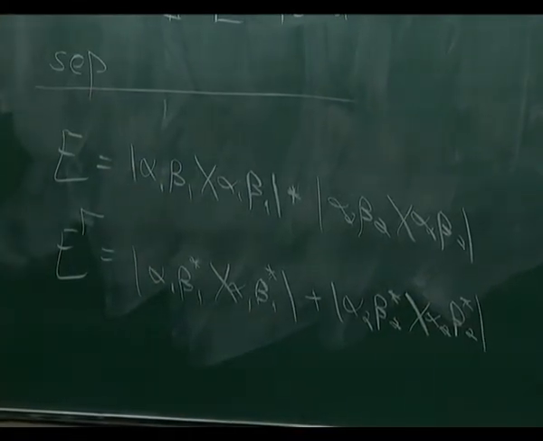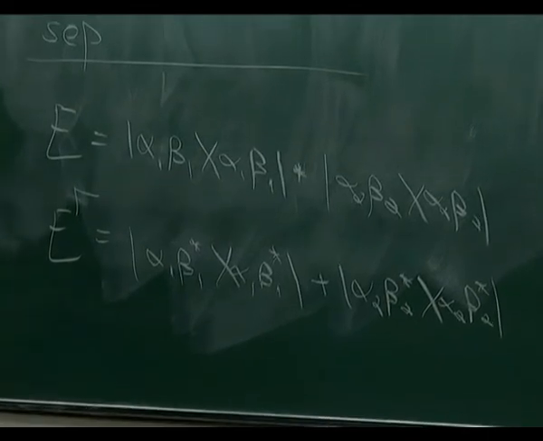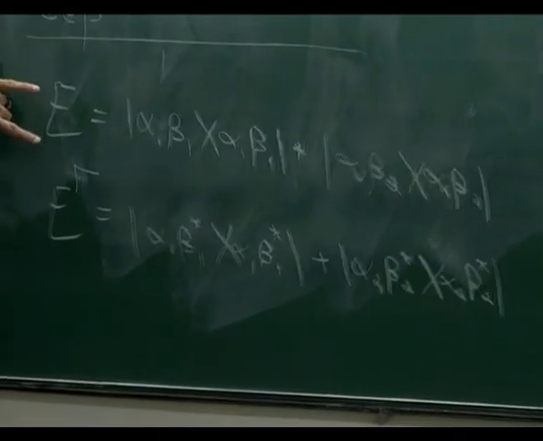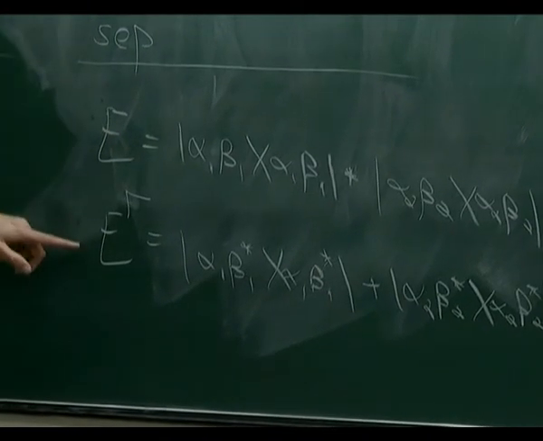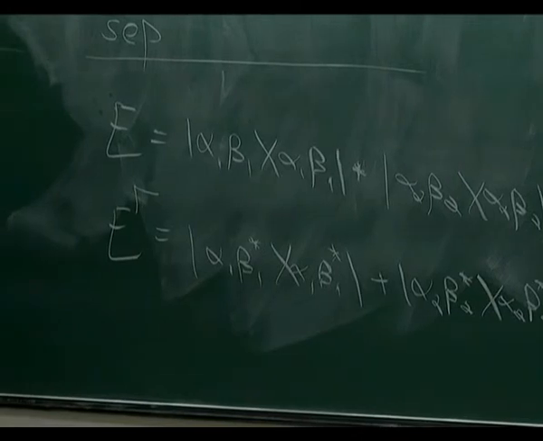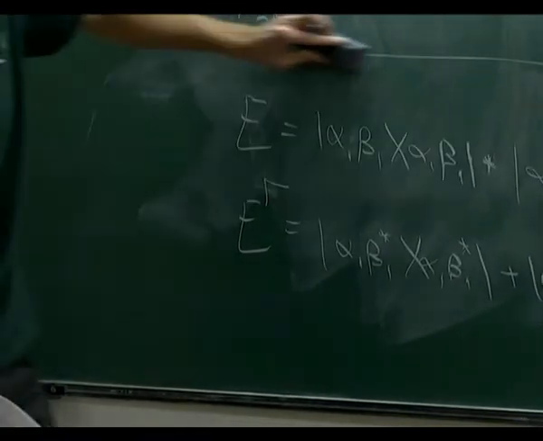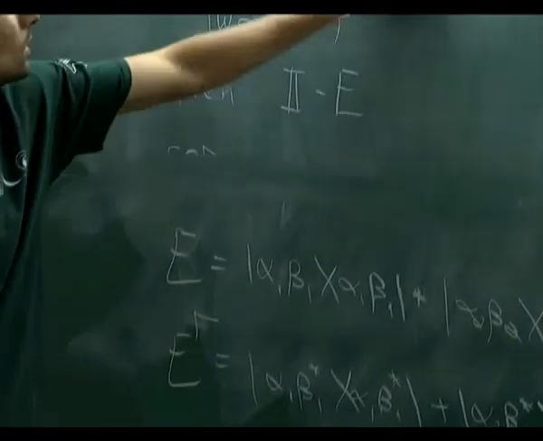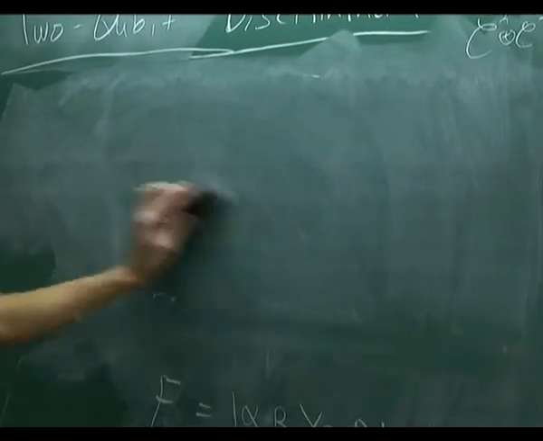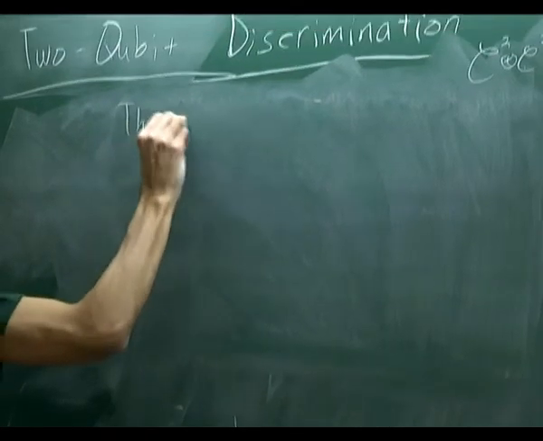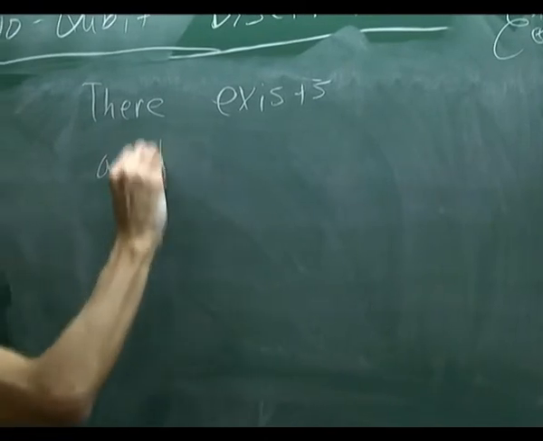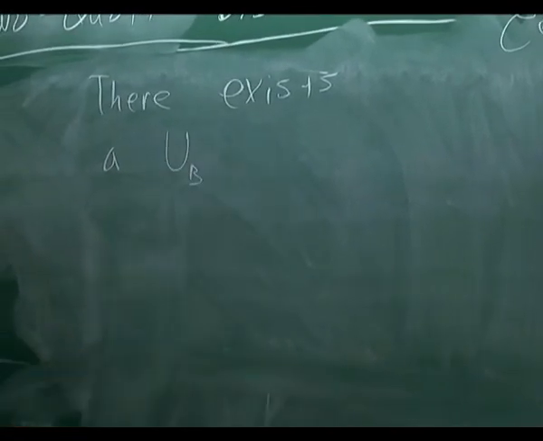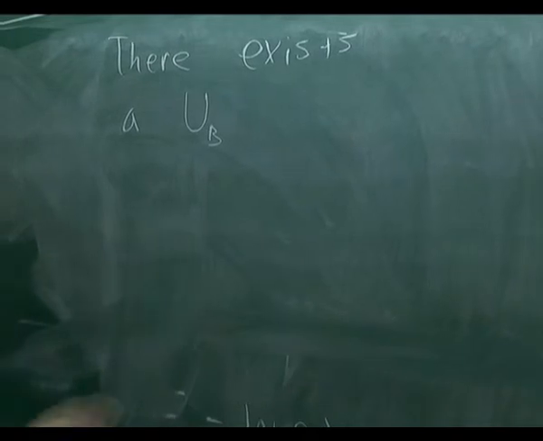And the interesting thing is that actually there's a unitary on Bob's side that will relate E and E transpose. So there exists, so maybe I can write it here, a UB, so let's say this is a unitary on Bob's side, such that